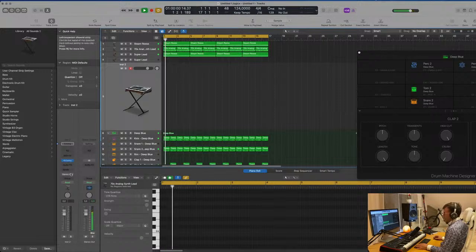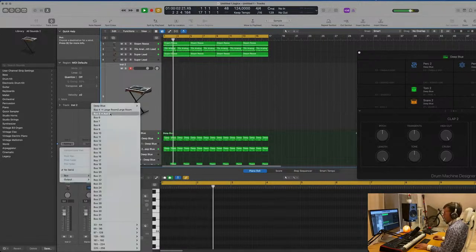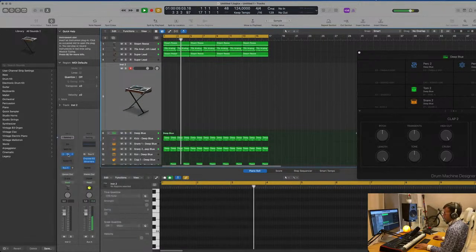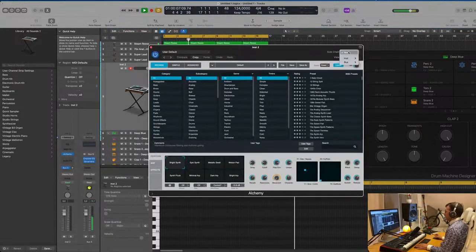I have an Alchemy instance here. Send it to the bus here. Take this, and then I want to just select the pad. And I'm probably gonna take